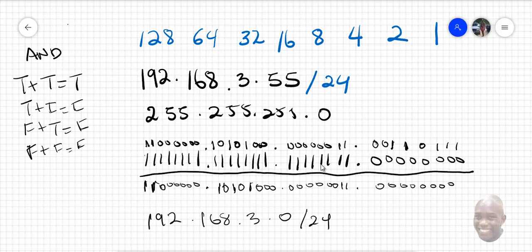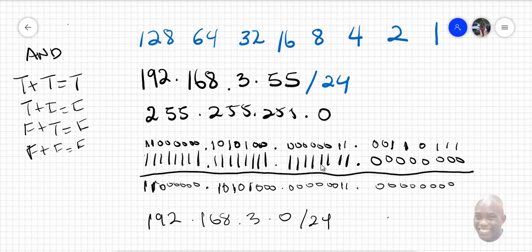This is how routers now interpret the network address for a particular network. In this case here, if this is host 55 and you wish to get the network address for 55, it will be 0. And at this point we could also talk about the broadcast address. So the broadcast address would be basically